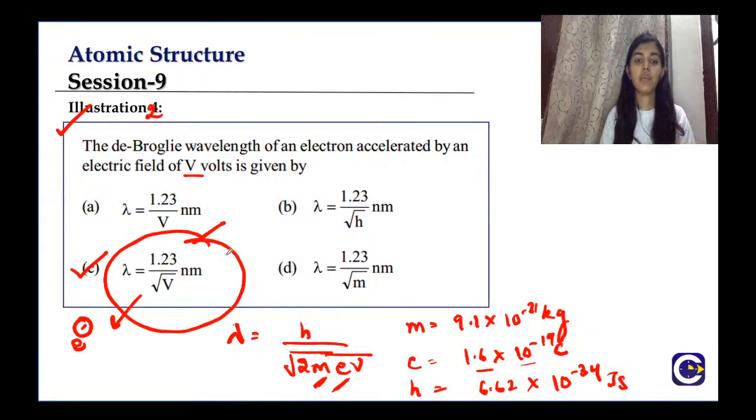You can solve the questions in which potential is given for an electron, and then you can find out the de Broglie wavelength. So you can directly use this particular formula, right? This is a shortcut formula for the relationship between the potential and the lambda of the matter wave associated with the electron. Don't make the mistake of using this particular formula for protons or neutrons, okay, or other particles.